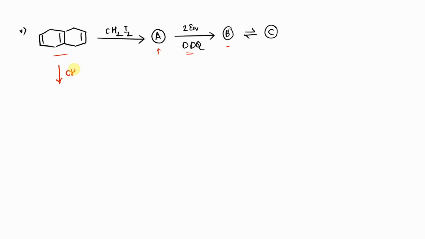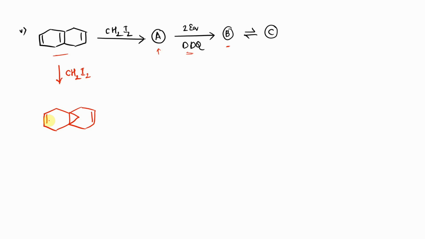Once you treat CH2I2 with a compound containing a double bond, it results in the formation of a 3-membered ring. This CH2 group attacks this particular carbon because of its more acidic nature, as the other 2 bonds have 2 hydrogens. Therefore, once you treat with CH2I2 at this particular position, we obtain the compound in this form. This is the product which is obtained when you treat the reactant with CH2I2.